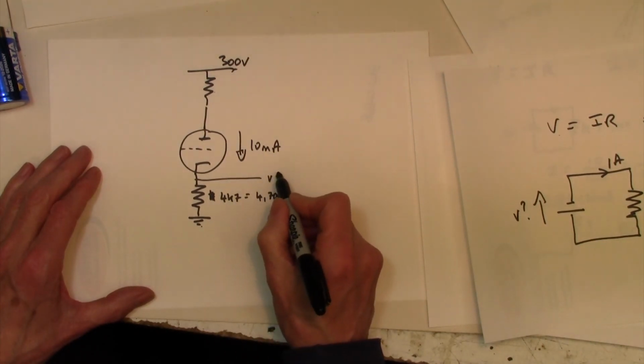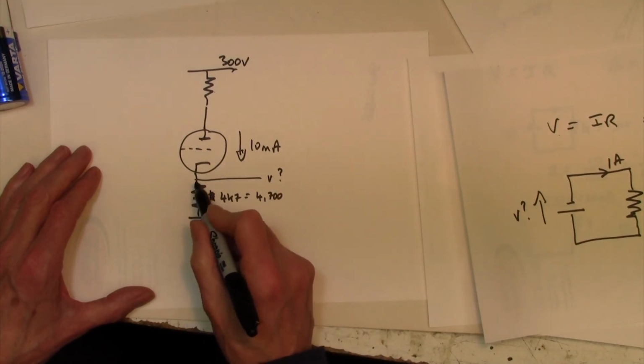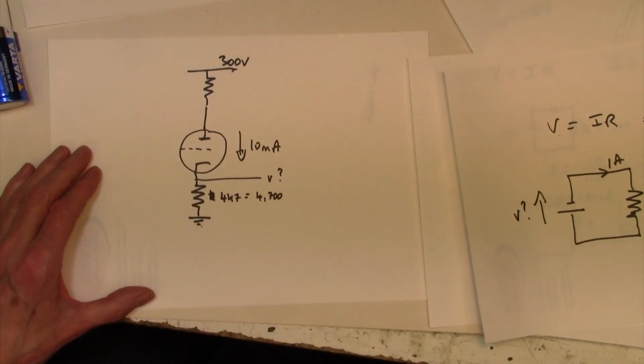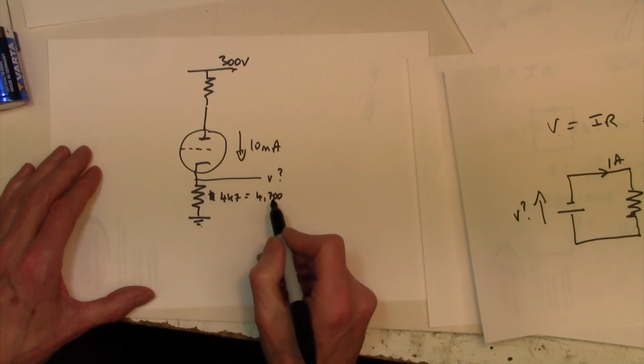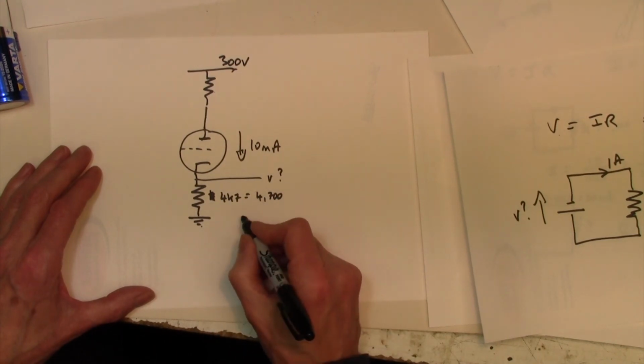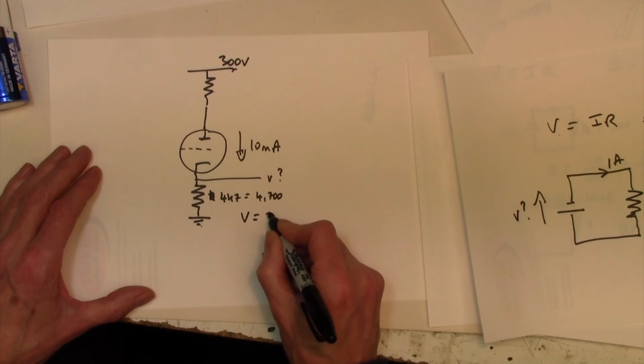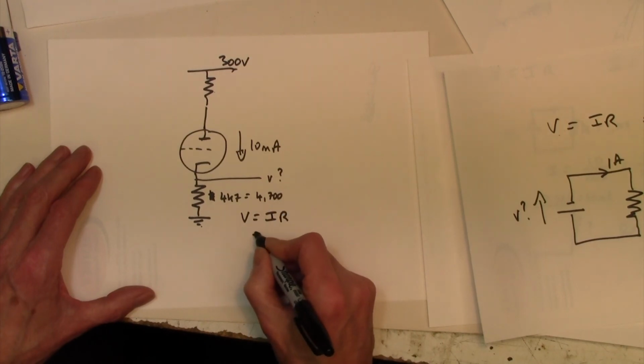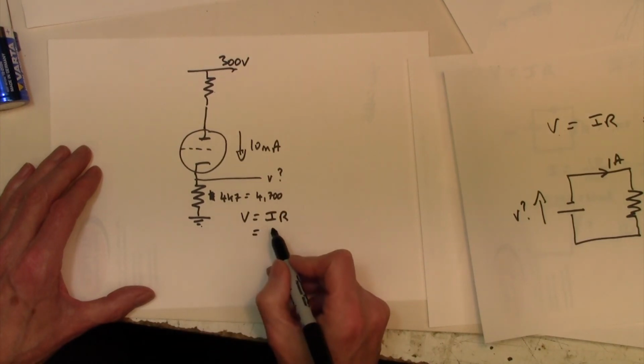What is this voltage here? What's the voltage across this cathode resistor? Quite a useful thing to know. Well, to do that we use Ohm's Law, V equals IR, plug in some numbers, making sure we get our